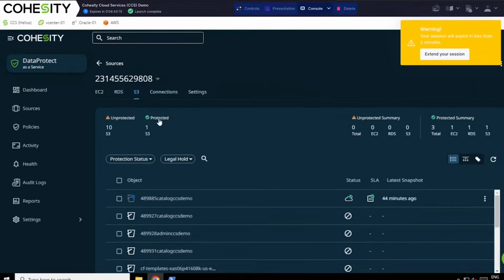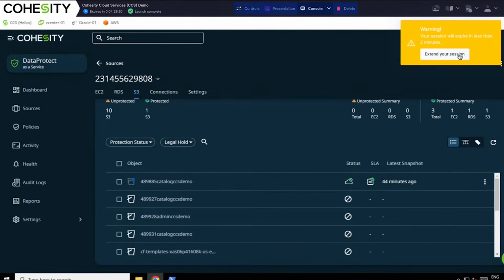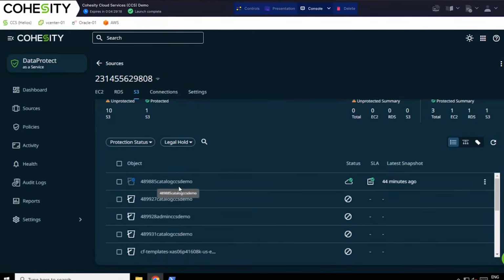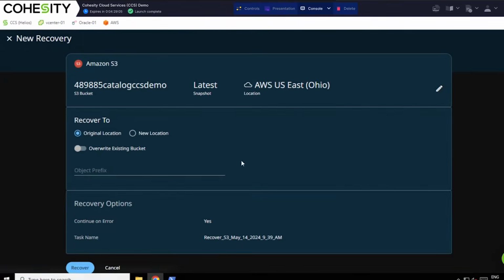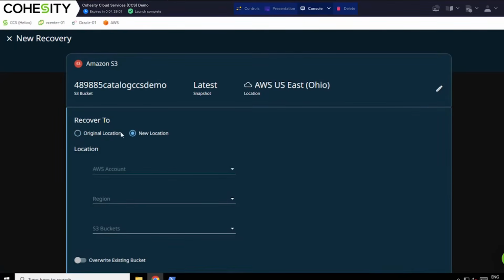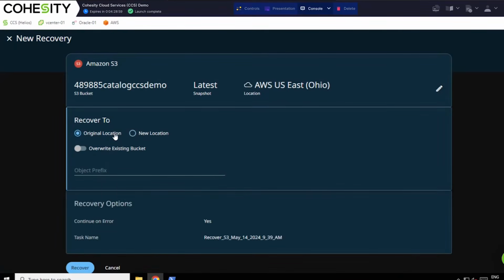And then just jumping over very quickly to S3, you'll notice here that I've got an S3 bucket protected. And on the right-hand side, again, I do have that recovery button. I can recover the entire S3 bucket if I need to. I can recover individual files and folders from the S3 bucket. And then I can choose where that data should be recovered. So I get to choose the account, the region, and I can recover it to the original bucket or an